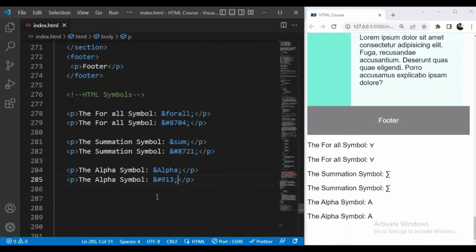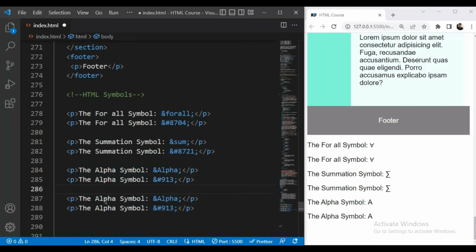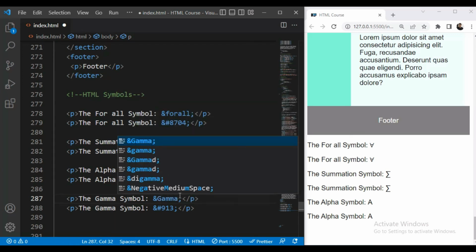Then we will see the symbol for gamma. I will copy this. We will write here gamma. First we will see with the help of entity. We will write here &gamma; semicolon.